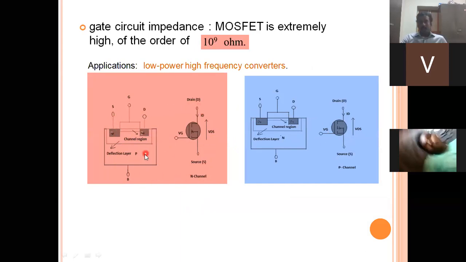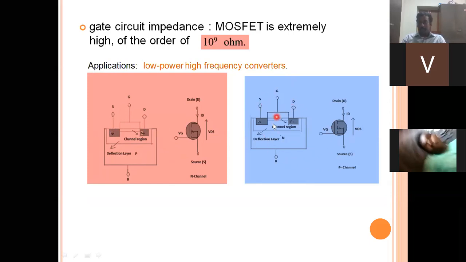Normally you are going to have P in the depletion layer, and in this depletion layer you are going to have the P substrate. To this an N substrate is going to be fabricated, then it is nothing but an N channel MOSFET. If it is going to be done in reverse, N material is going to be provided here, and highly doped P layers are going to be fabricated here, then it is nothing but called a P channel MOSFET.